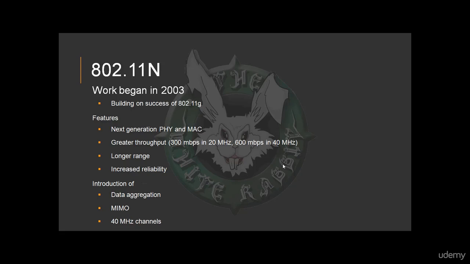So you had greater throughput up to 300 megabits per second in 20 megahertz, and then there was the introduction of larger channels as well, 40 megahertz channels, so they got you up to 600 megabits per second. Plus various other ideas like data aggregation, MIMO, which is multiple input, multiple output, and that refers to multiple antennas on both the transmitter and receiver sides. And that gives you longer range, increased reliability, all these other